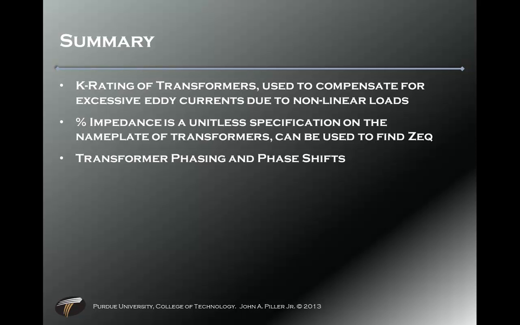K ratings of transformers are used to compensate for the excessive eddy currents due to nonlinear loads and those pesky third harmonics. Percent impedance is a unitless specification on the nameplate of a transformer,